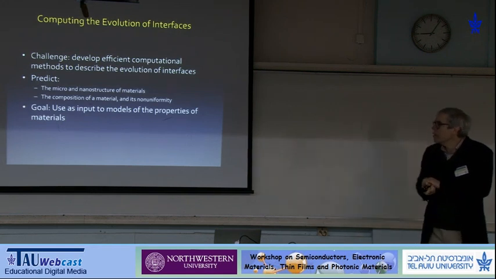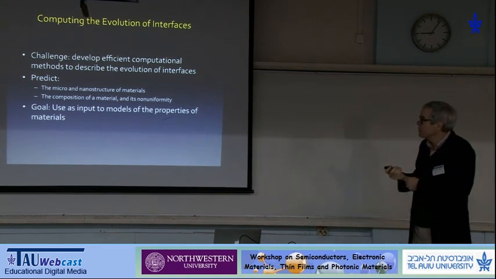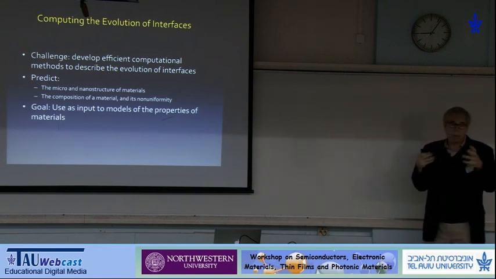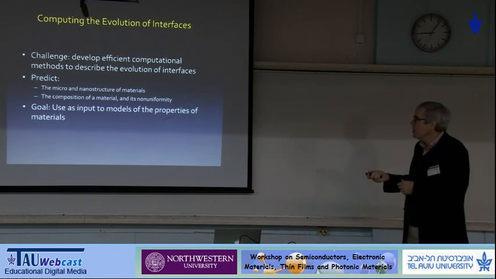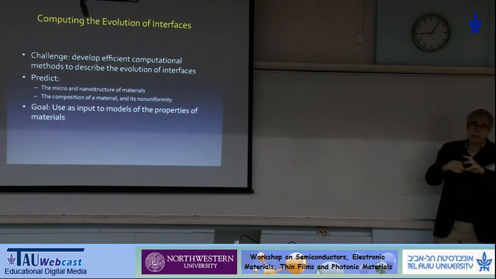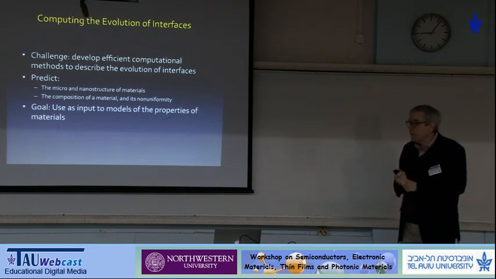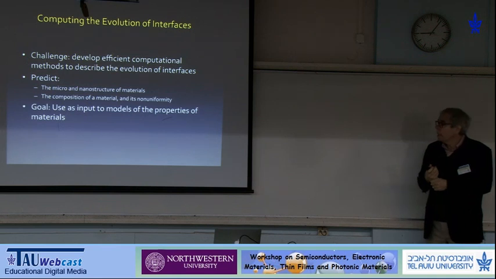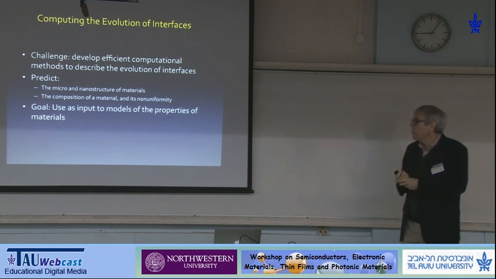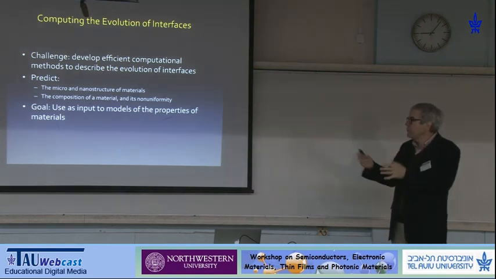And so the idea here is to develop efficient computational methods to allow you to track the evolution of interfaces. And so what you'd like to be able to do is to predict the nano and microstructure of materials, what the shapes of the interfaces are, what the compositions are, the non-uniformity or uniformity of the compositions. And this can be from anything. This can be in thin films, it can be in ferroelectrics, it can be in magnetic materials. The nice thing about phase field methods is that they're extraordinarily easy to add new physics to the equations, to therefore model other situations. And the goal here is, of course, to use these models as one stage of a materials design